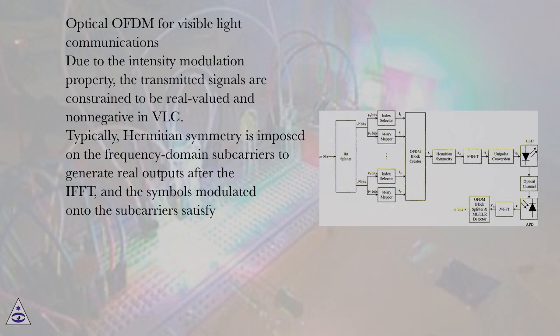Optical OFDM for visible light communications. Due to the intensity modulation property, the transmitted signals are constrained to be real-valued and non-negative in VLC. Typically, Hermitian symmetry is imposed on the frequency domain subcarriers to generate real outputs after the IFFT, and the symbols modulated onto the subcarriers satisfy